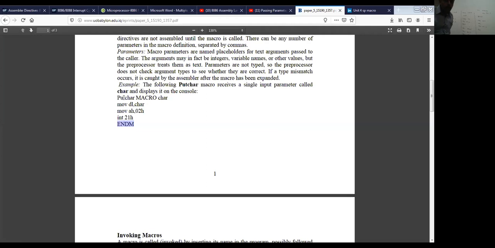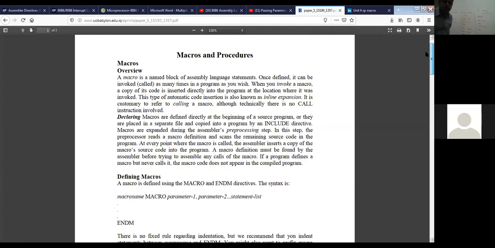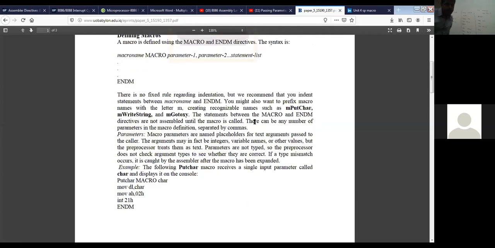So the macro name is putchar, and macro is the keyword. So here you are writing a macro of how many lines?